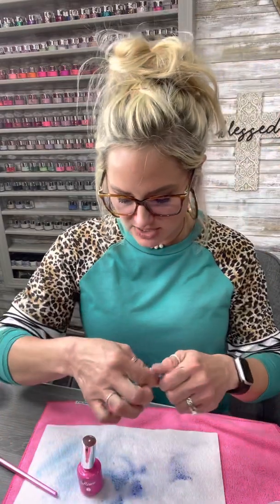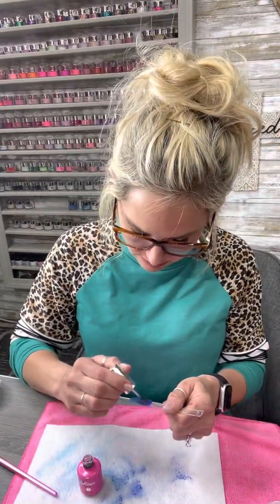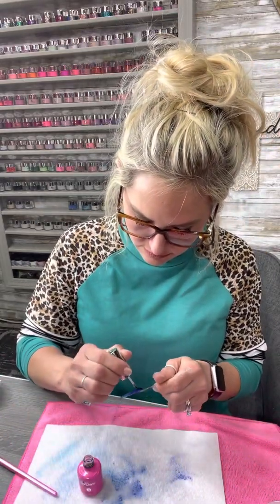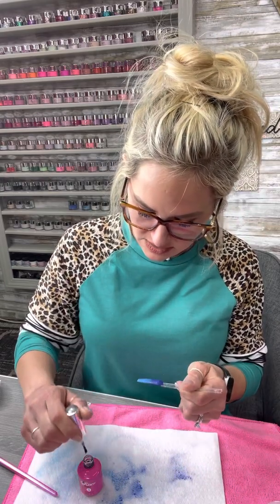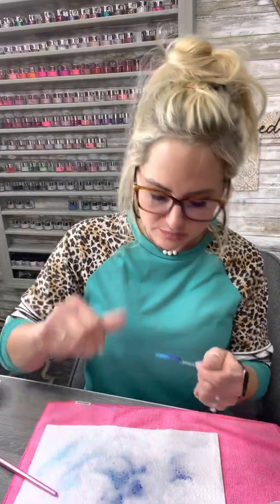Throw some activator on it. Let that dry real quick. I will file and buff, put a